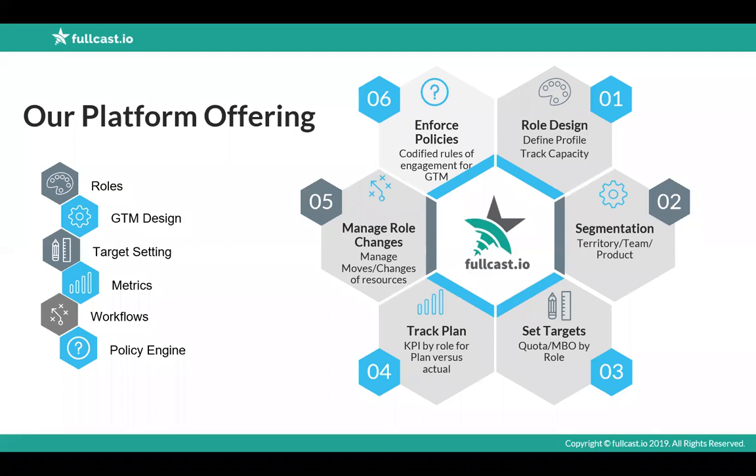And then on an ongoing basis, because planning happens maybe twice a year or thrice a year as companies grow, they're always doing this what if analysis. What if I had 100 more reps? What would my numbers look like? So you're doing the planning, but on an ongoing basis, you're also managing all the role changes that happen. People leaving the company, people moving into different roles. So automating a lot of those flows around those movements against their policies is super important.